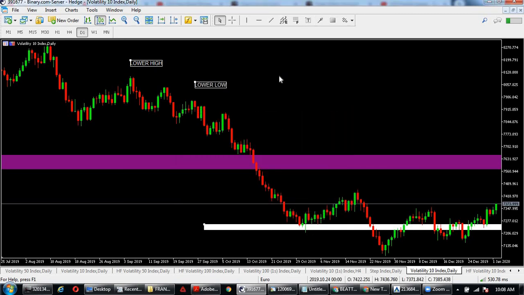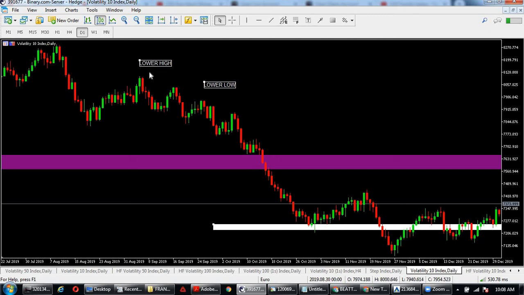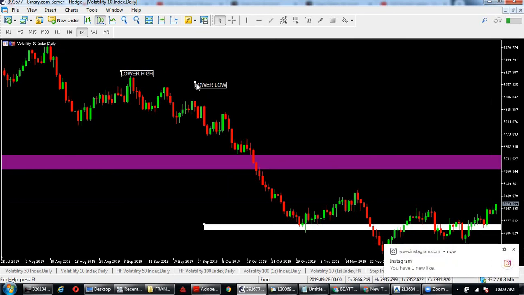And let's see what has been happening from the daily time frame. We had a high here, and there is a new high that is lower than this previous high. We have a low, and we can see price made a new low that's lower than this low. You can see price has been making a series of lower highs and lower lows,